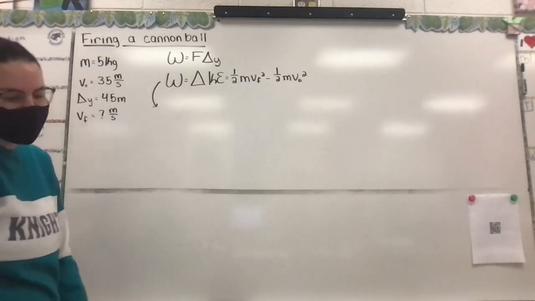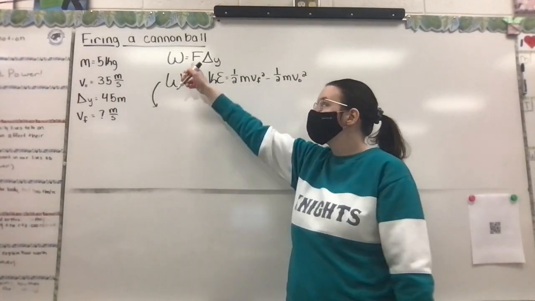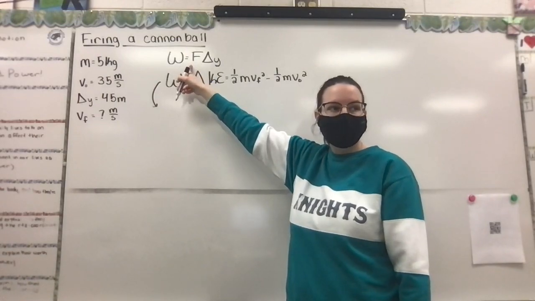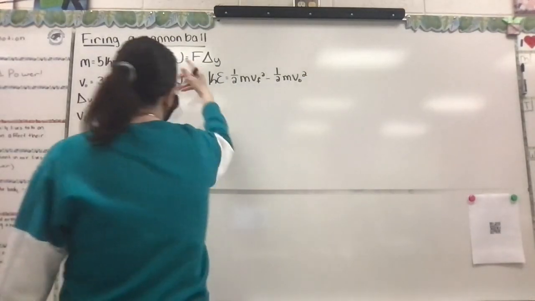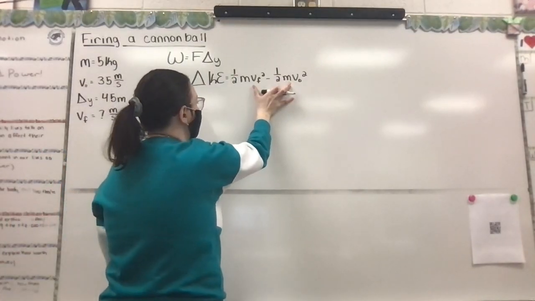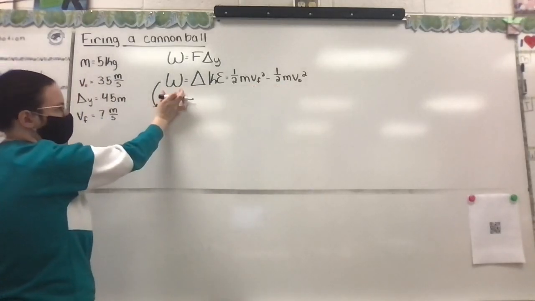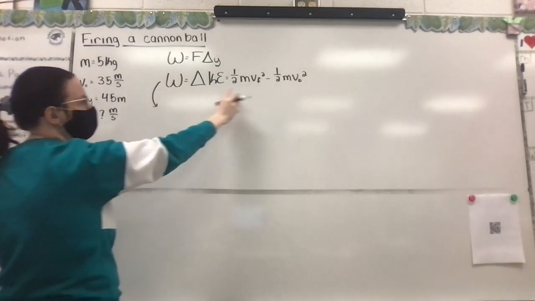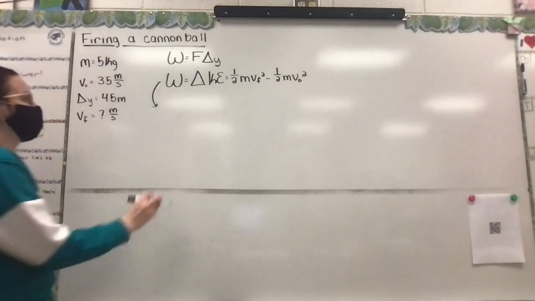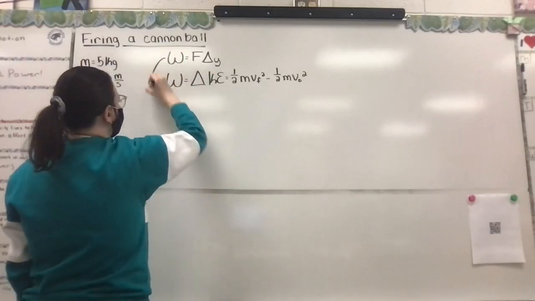Okay, but is that going to be the only thing we use? No, we've got to use this one first, don't we? Why? Because we have to know what we're setting this equal to. Technically you can separate them, but you still have to have it set equal to work. Then work is unknown and final velocity is unknown, so you have two unknowns, and what are you supposed to do? So before we use this one, we're going to want to use